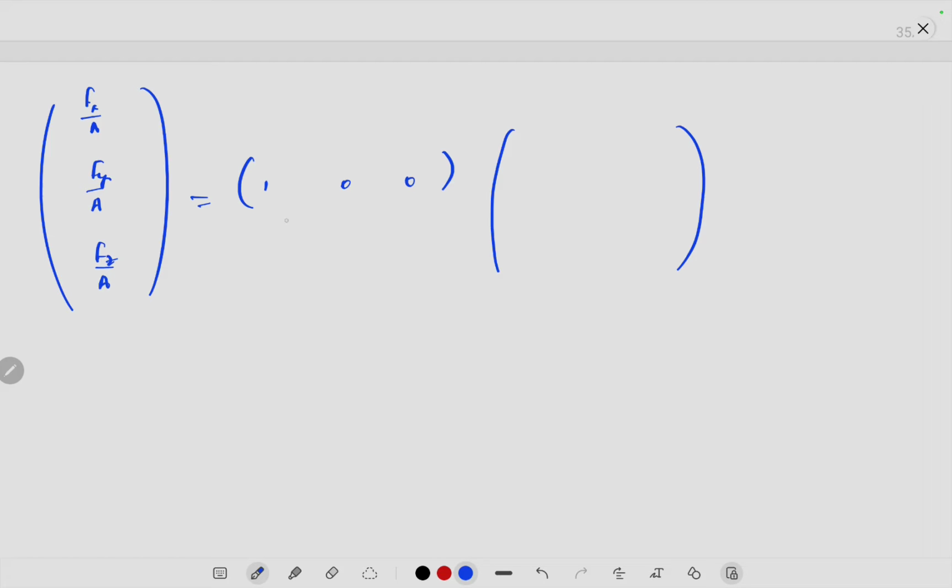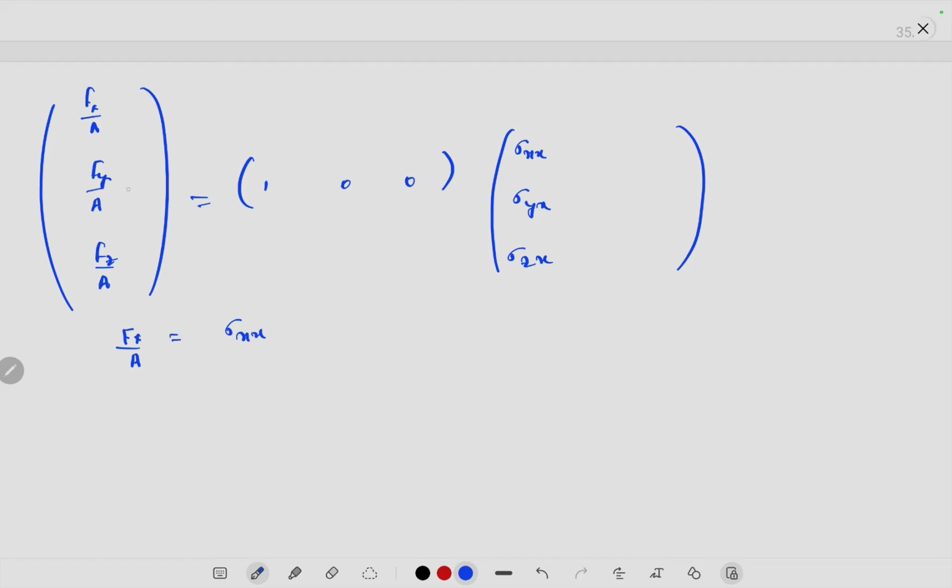So now from this I can find fx by A, which will be 1 times sigma xx plus 0 times sigma yx plus 0 times sigma zx. So in that case I'll get fx by A equal to sigma xx,